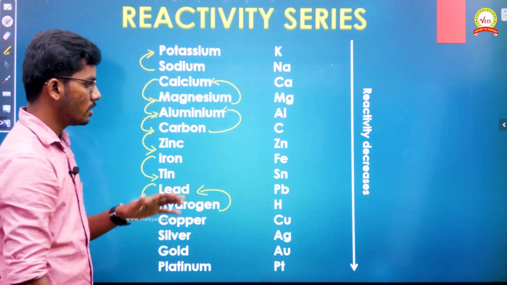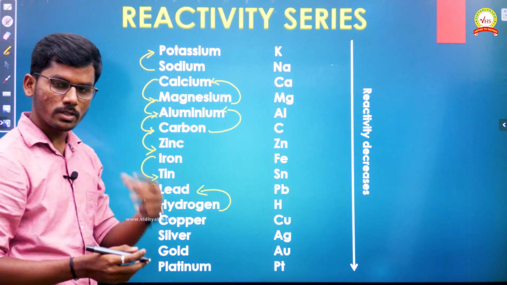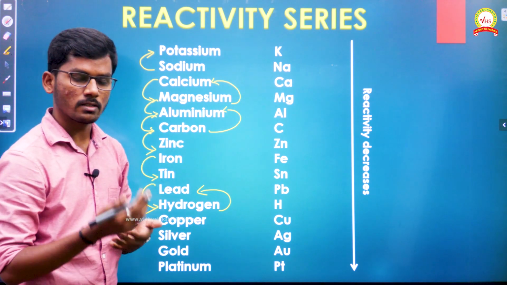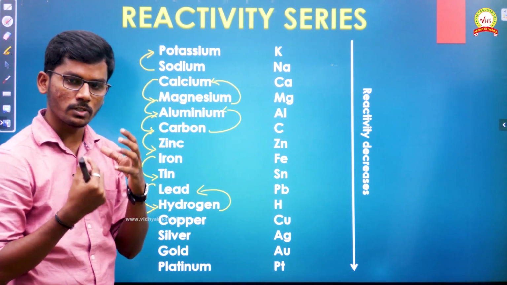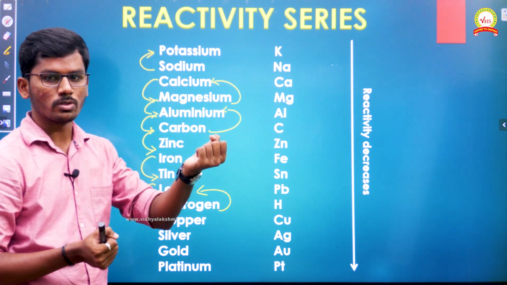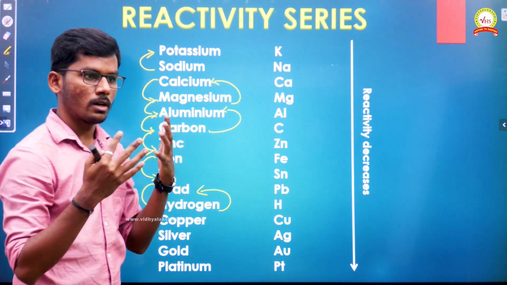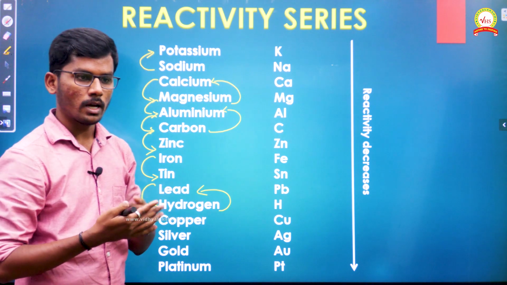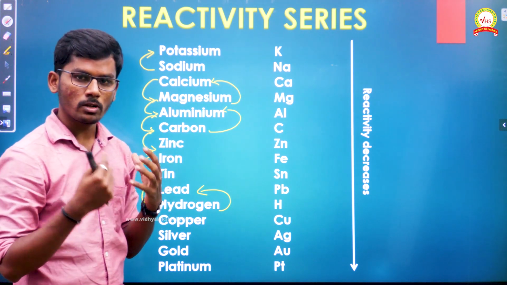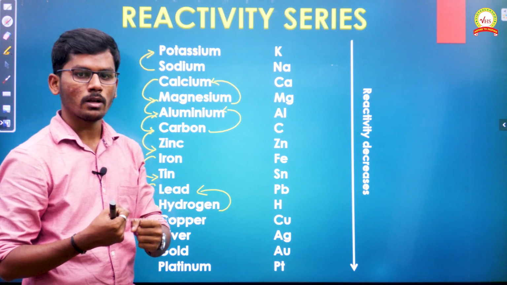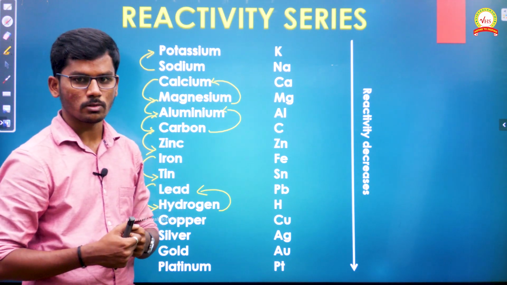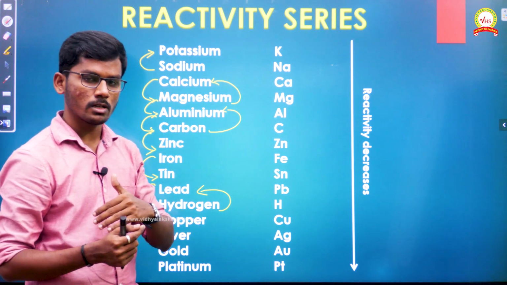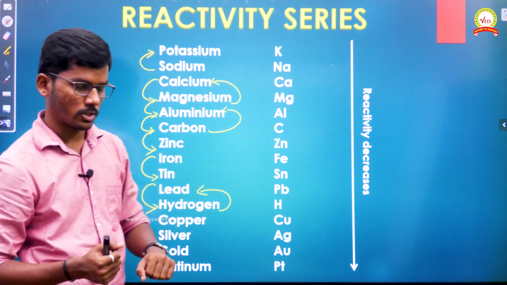The reason is, according to displacement reaction, only the more reactive metal will displace the less reactive one, whereas the less reactive metal will not have sufficient energy to displace the more reactive metal, since it will be strongly bonded to the compound, and this less reactive metal will not have enough energy to break that bond and displace it out of that solution. So this is the reason why less reactive metals will not displace more reactive metals.